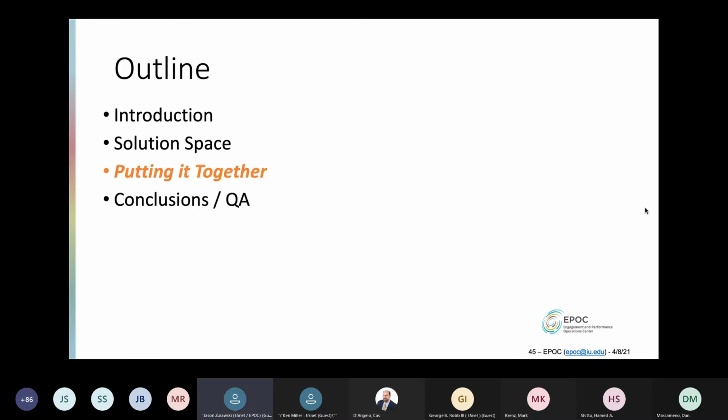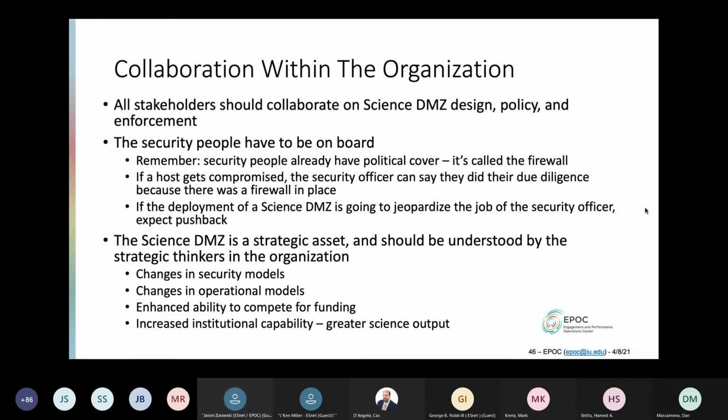All right, so last couple of things here. We've given you a lot of information today. This requires collaboration within the organization. Everybody that is going to have some stake in this needs to be at the table as you go about trying to do the design, the policy, and the enforcement. What does that mean? That means